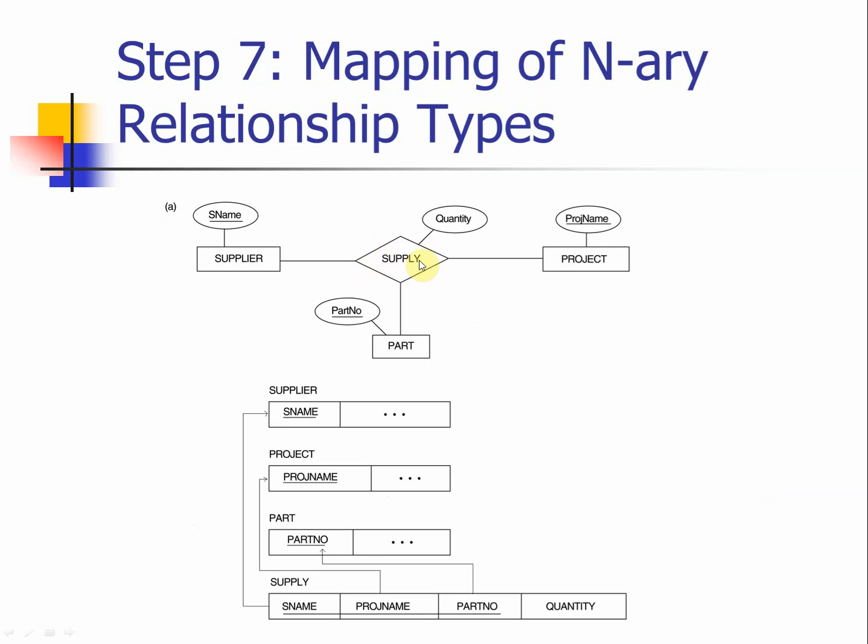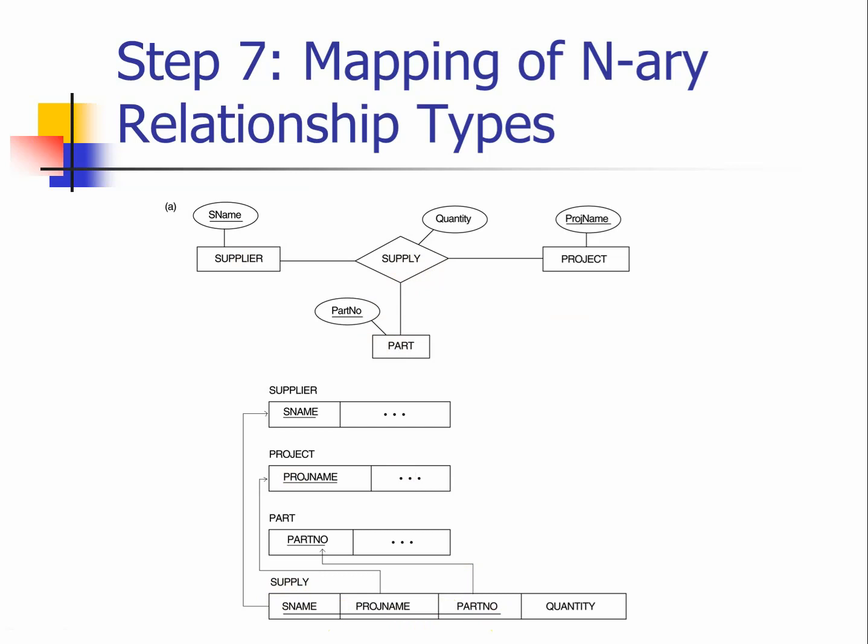Say that we have a supply, which indicates a ternary relationship that connects supplier, project, and part. Inside each one of those, they have their primary key. They may have some other attributes. To convert this supply, what we need to do is create a new relation called supply. Take all the primary keys of the 3 entities that link to it. I draw a very dramatic underline under those 3 attributes, indicating that the primary key of this new relation will be